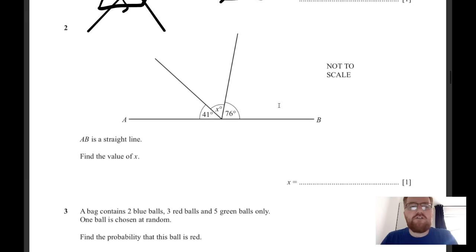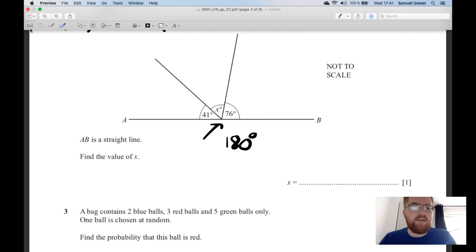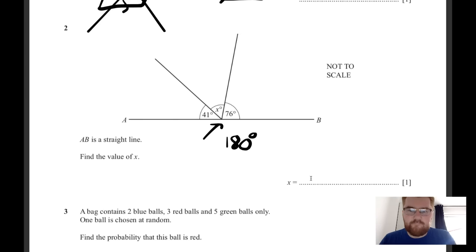Question 2. AB is a straight line. Find the value of x. Well, we should all know the angles on a line add up to 180 degrees. So the way we do this is you break it down into 2 steps. Step 1 is we do 41 plus